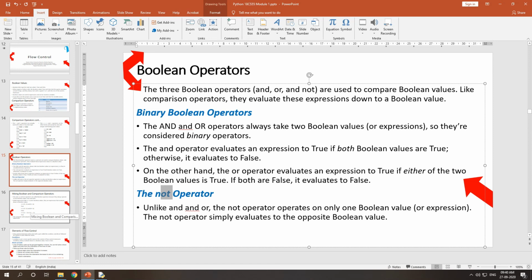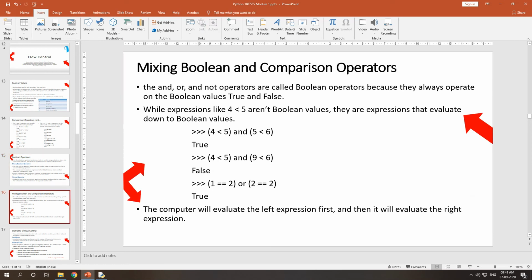So here, how many boolean operators? Actually three: and, or, and not, which are used to compare boolean values. Now in the next slide we are going to see mixing boolean and comparison operators.